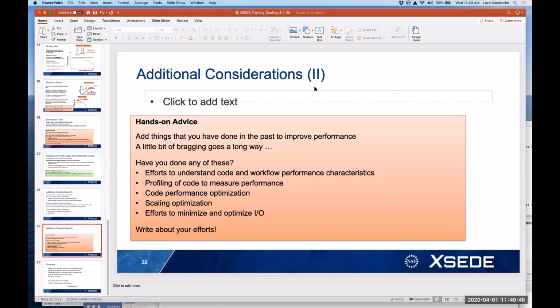Oh yes, is it useful to discuss efforts of the community on community code? Yes, of course, if you can say, hey, I'm using the latest version of this community code and it has been optimized by some other group, always put that in. And if I'm reading your comment here, it was improved specifically for working on Stampede 2 or on a specific XSEDE cluster, but my group wasn't involved directly in that. Nevertheless, you made the effort to use the latest and greatest version that is optimized for that machine. So always